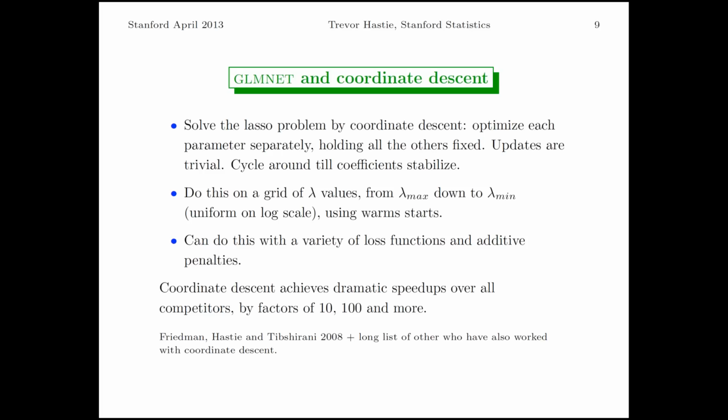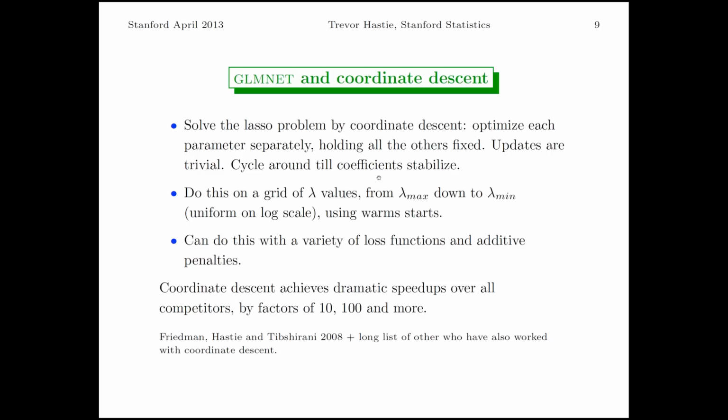And you'll see the updates are trivial, and in coordinate descent, what you do is you do one at a time, freeze in all the others at their current value, and you cycle around until the coefficients stabilize. Now, this might seem like a really naive algorithm at first, but as you'll come to realize, it's extremely efficient